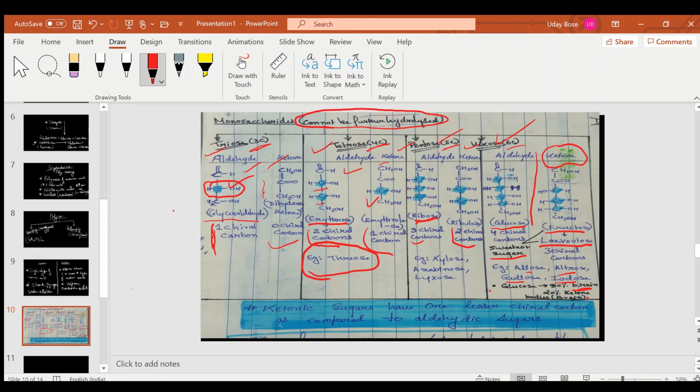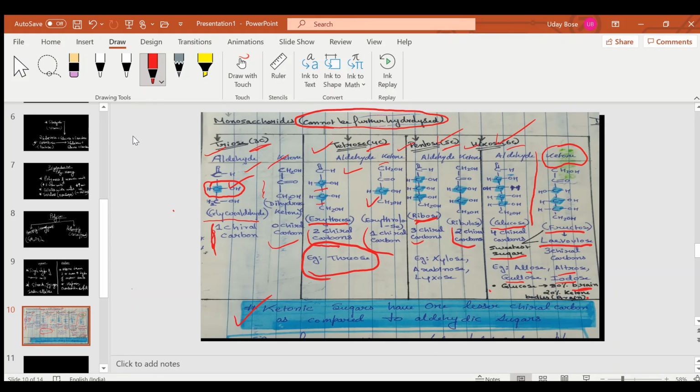Now how will you remember the number of chiral carbons? This I have told you in my last video. Again I am telling you, it is written here. Ketonic sugars have 1 fewer chiral carbon as compared to aldehydic sugars. It is very clearly visible here. In glyceraldehyde, if there is 1 chiral carbon, there will be 0 chiral carbons in dihydroxyacetone. In tetrose, if I take the example of erythrose, there are 2 chiral carbons,